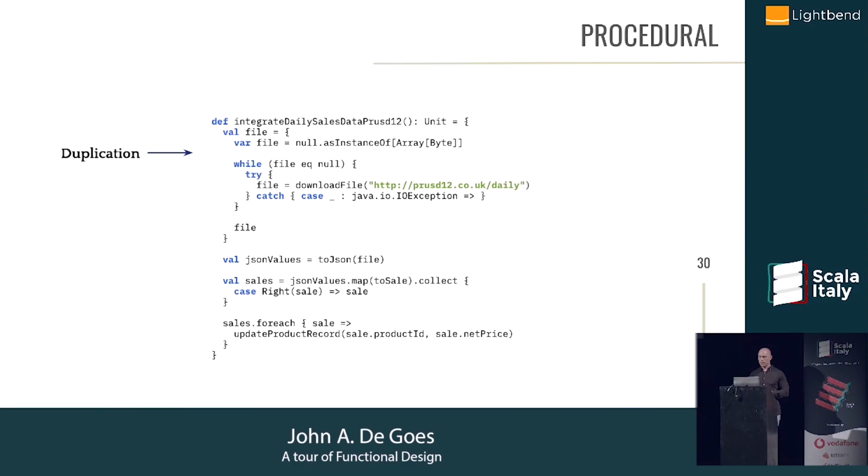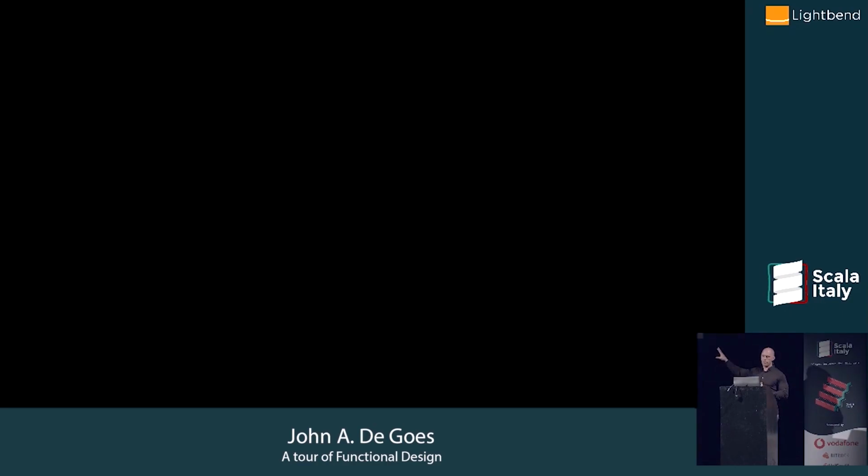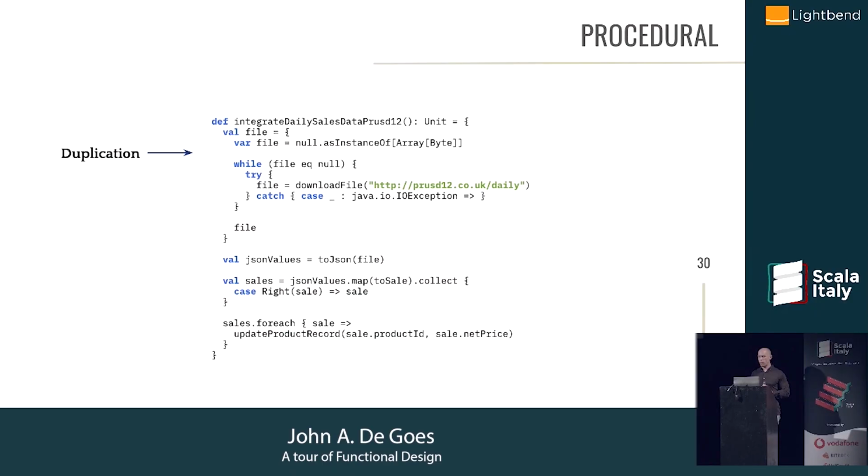So what are the problems with this bit of code? Well, there's some duplication here, and the duplication is going to be basically across our set of 100 or so different data integration methods. We're going to have a lot of duplication for dealing with logic that has to retry. So anytime we run into a flaky connection or a flaky database connection, maybe the database is down, we're going to have to write some sort of logic like this.